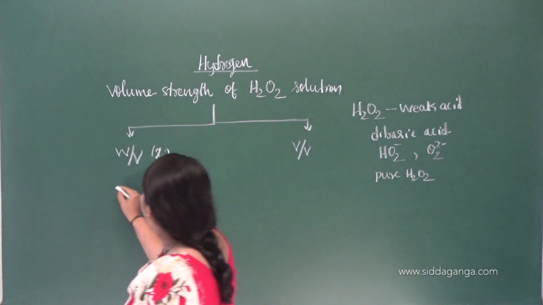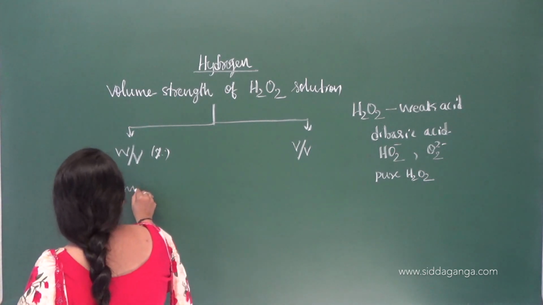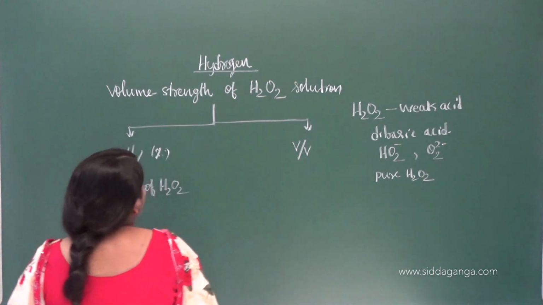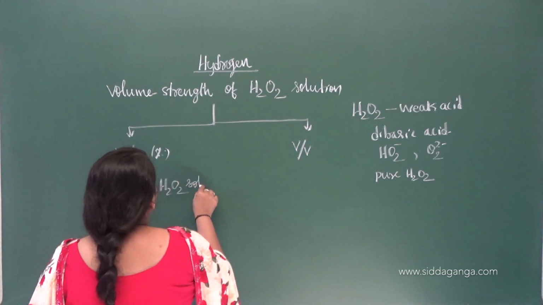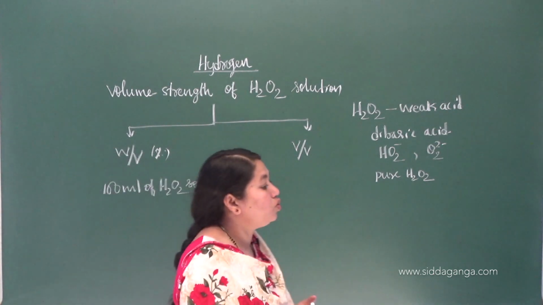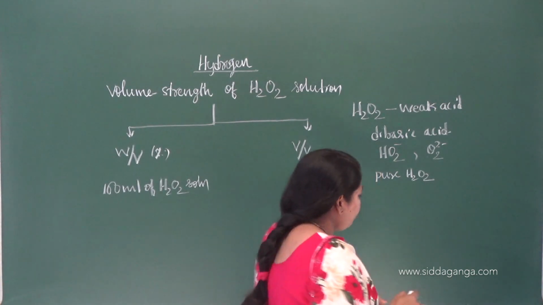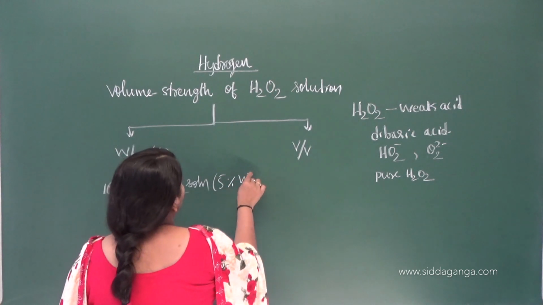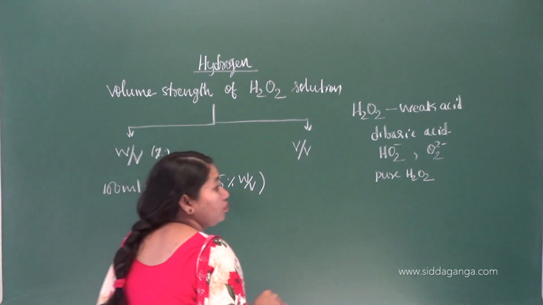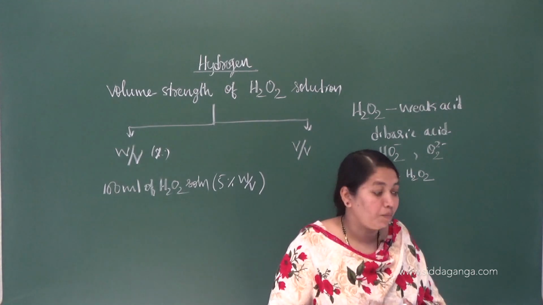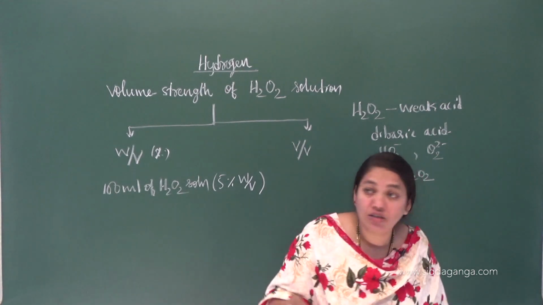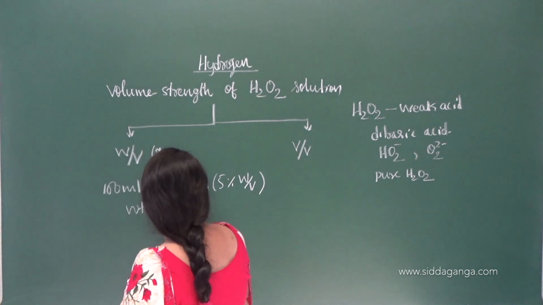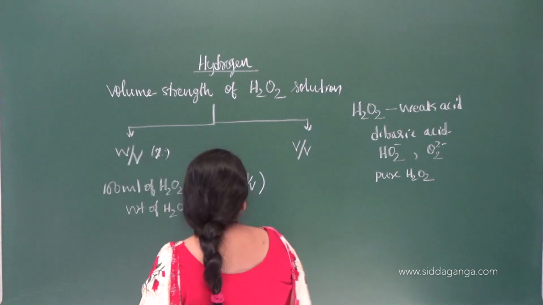I can give an example for this one. 100 ml of H2O2 solution means 5% weight by volume. So that means the weight of this hydrogen peroxide, H2O2, is equal to